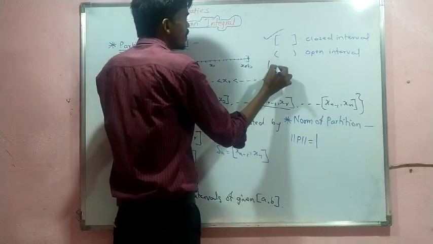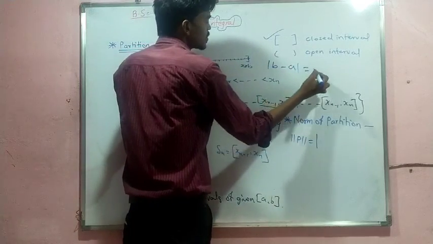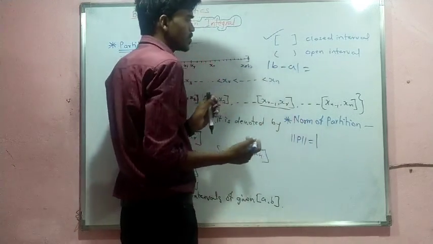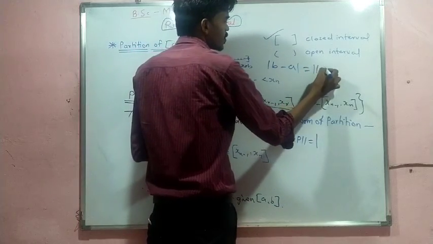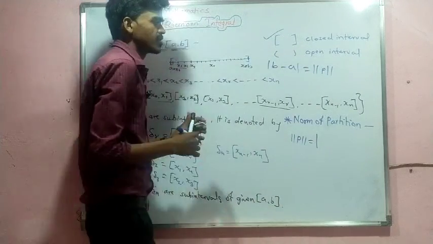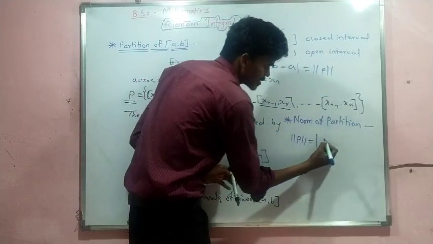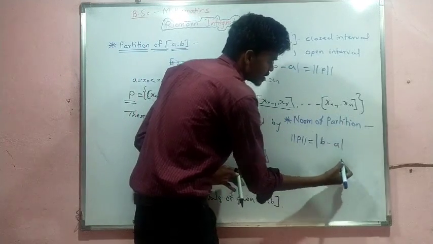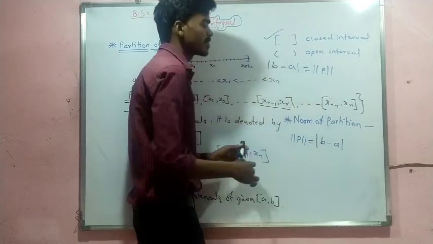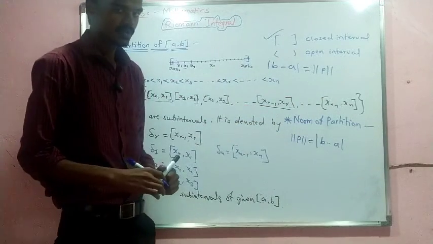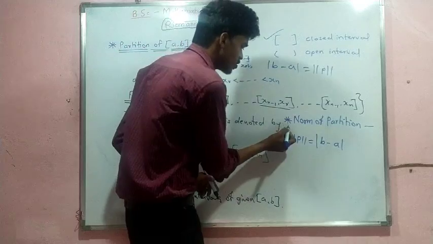So the absolute value of b minus a, the final term minus the initial term, gives the length of the whole interval, but